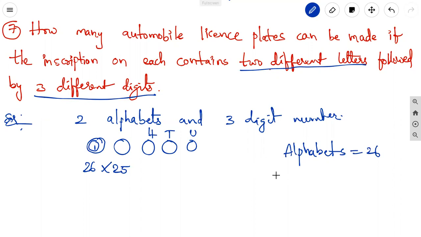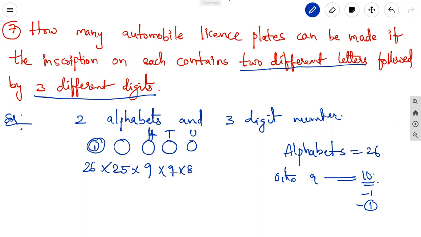And digits. Digits means 0 to 9. How many are there? 10 digits are there. In the 10, 3-digit number means in the hundreds place, we can use only non-zero numbers. Those are 9 numbers. In the 10, 1 is subtracted. The remaining how many are there? 9. 9 we can write in the tens place. Here 0 we can write it. Okay. In the 9, 1 is placed in the tens place means the remaining how many are there?